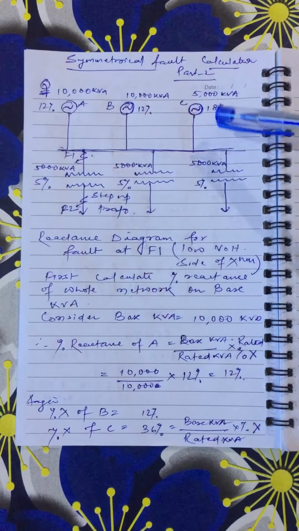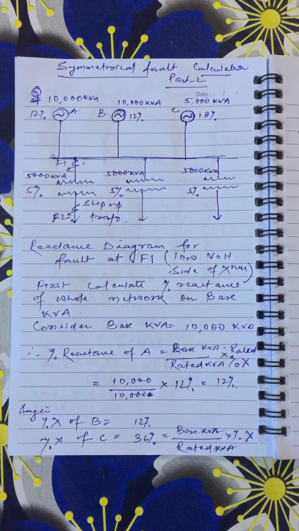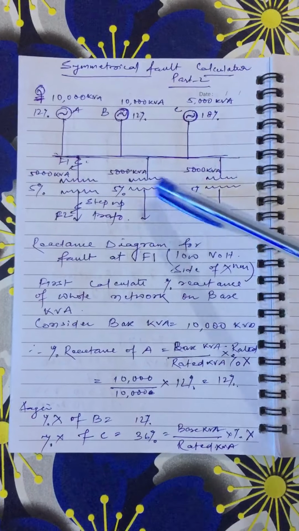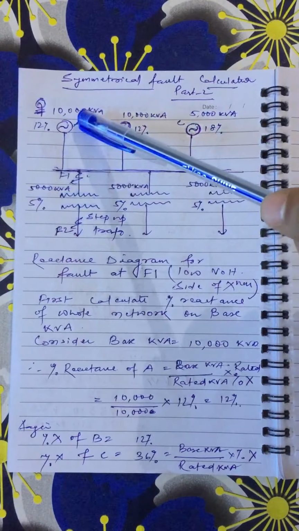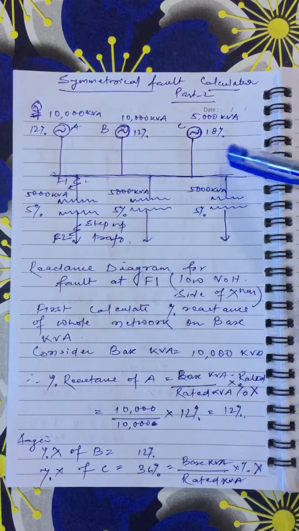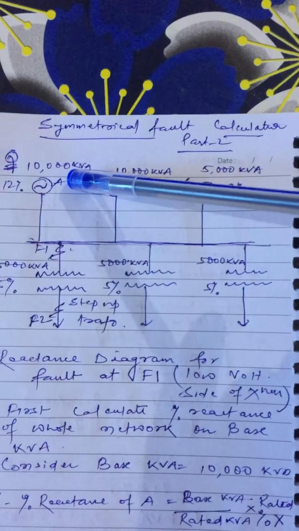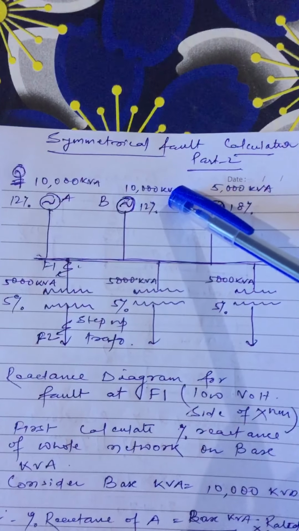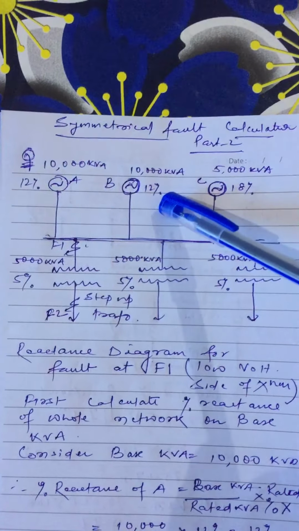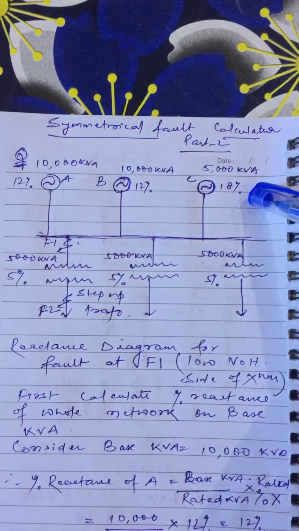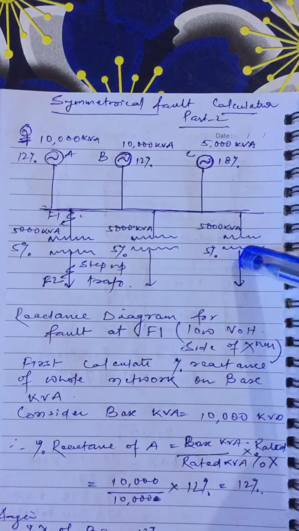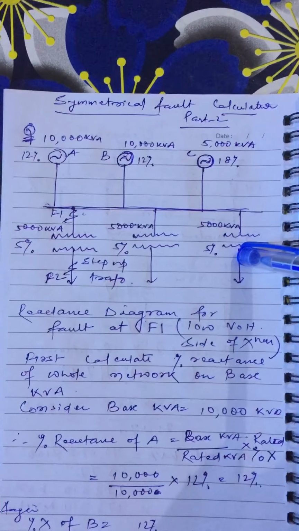Let us consider this as a single line diagram of a network. In this network we have three alternators and three transformers. This transformer is the step-up transformer, and all three alternators are connected on the same bus. Here the rated kVA of alternators A and B is the same, that is 10,000 kVA, and they have the same percentage reactance of 12%, and for C it is 5,000 kVA and the percentage reactance is 18%. For the transformers, all are of the same rating, that is 5,000 kVA, and having their percentage reactance as